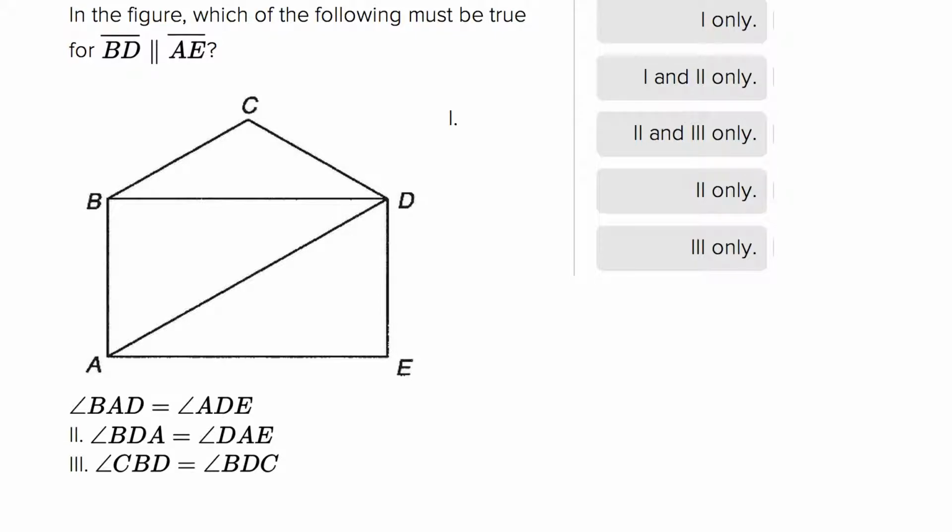This is the real Tom Rose, and the thing they're trying to mess you up here with is they're creating a picture that looks like certain things are true but may not actually be true. So when they tell you that BD, the only thing we know for sure about this shape is that BD is parallel to AE. So I'm going to draw that on here. You can also assume that the lines on the drawing are straight lines, even though they don't mention that. So we have all straight lines, BD is parallel to AE, and they want to know which of the following